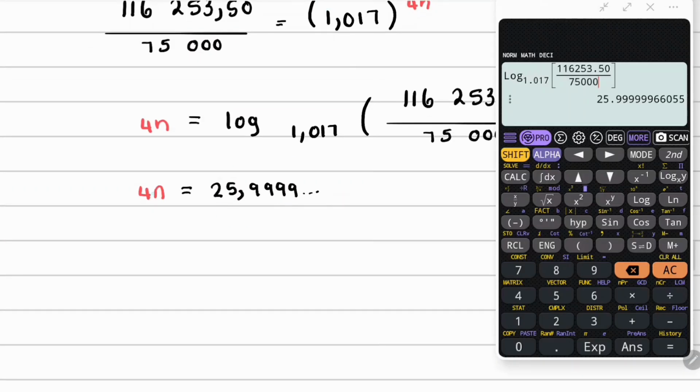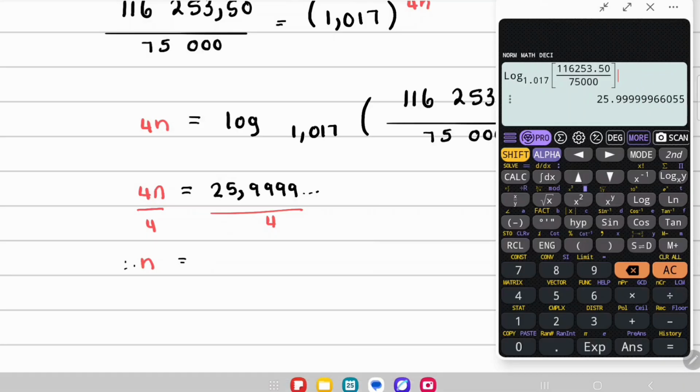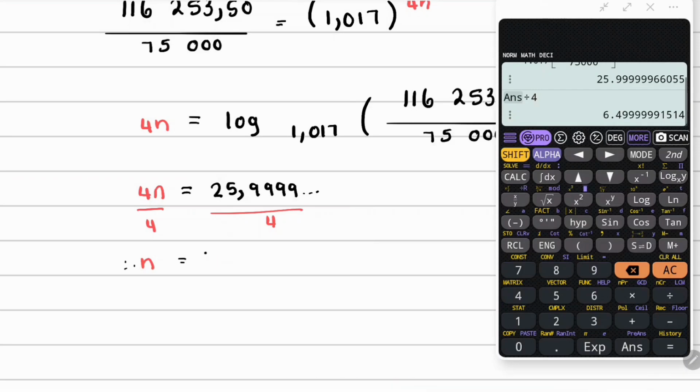But we'll take the answer like this, and this is just the quarters first. Then if you divide both hand sides by 4, we can see the years. So n is simply equal to, and let's divide that by 4. You can take all of this as the answer and just say divided by 4. So then that gives us